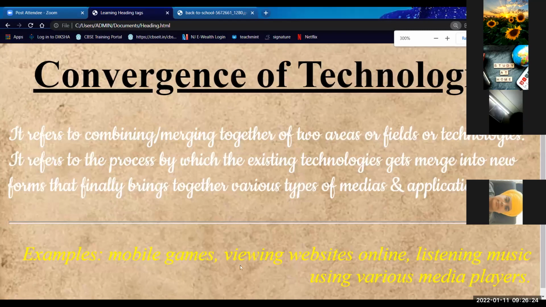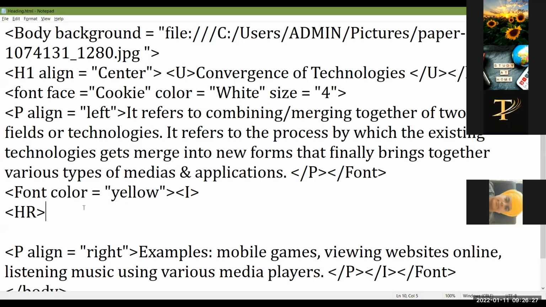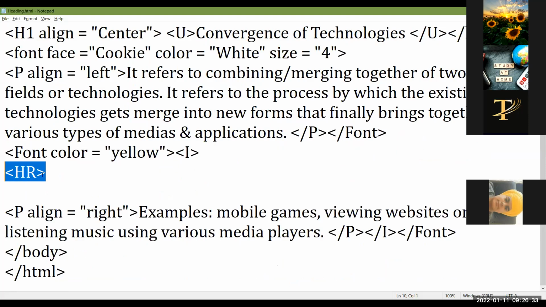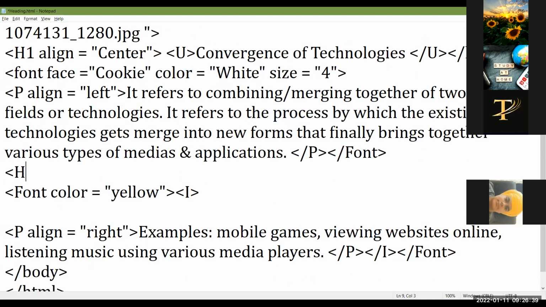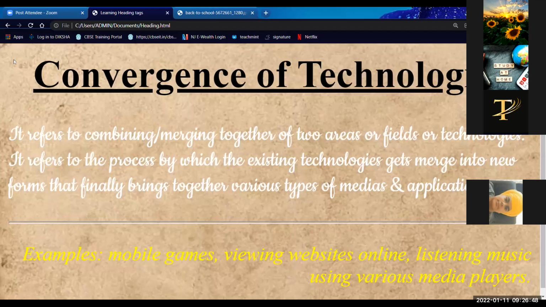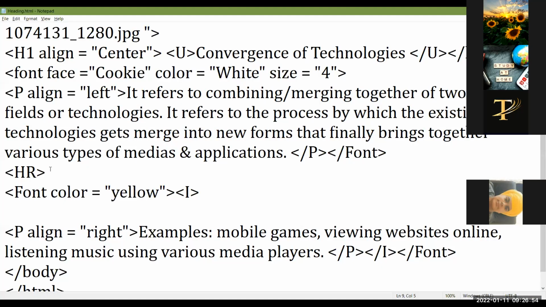Okay. Now we are going back to the notepad. We are specifying a little bit of attributes. We will specify the line before this font so that it will not have any color also. Okay. Now we can specify the attributes. It is not necessary that I use all 5 attributes. Whatever attribute you need, you can specify. Suppose I am giving size equal to 7. 7 is the number of pixels.